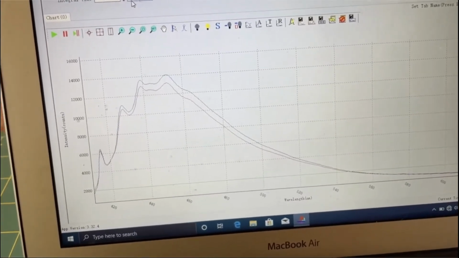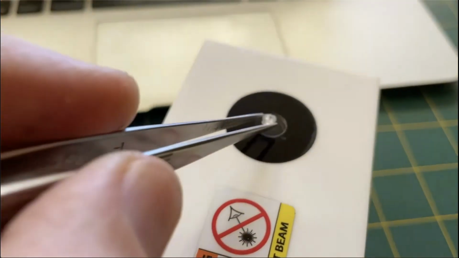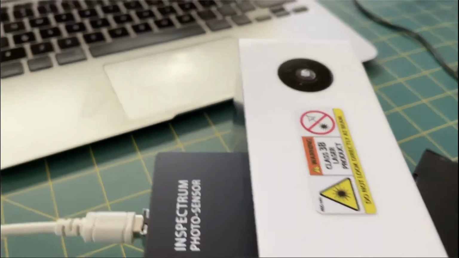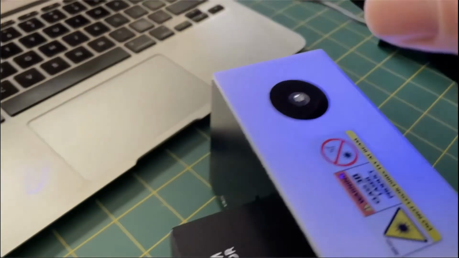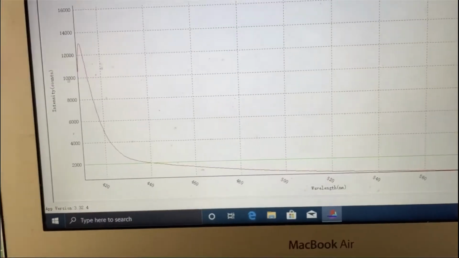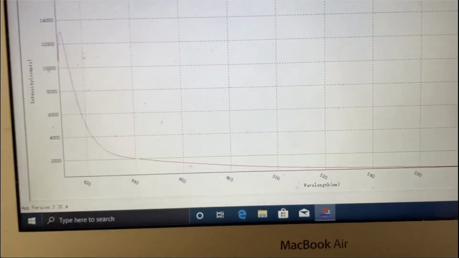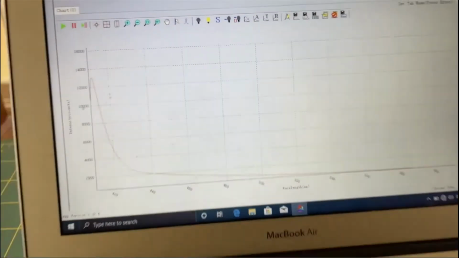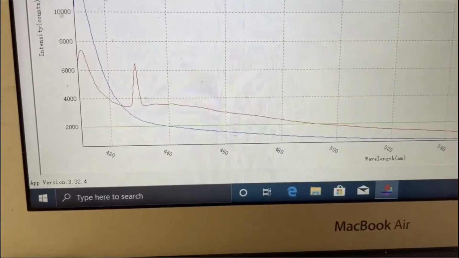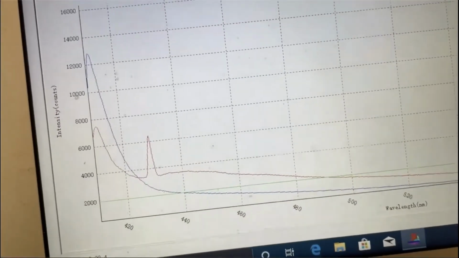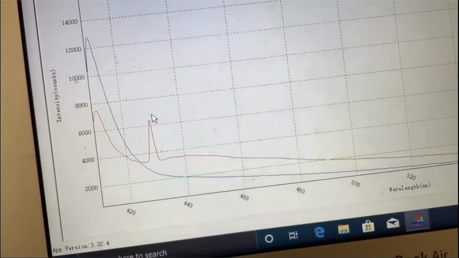What happens if we look at a dimmer one? Now I'm going to place a non-fluorescing or very low fluorescing diamond and see what reaction we get there. Same old light over the stone, and you'll see a bit of a glow here, which is most likely from the LW lamp. And now if we turn the PL system on, you'll note there's a clear difference there in the form of this peak. And the wavelength in this instance of that peak is